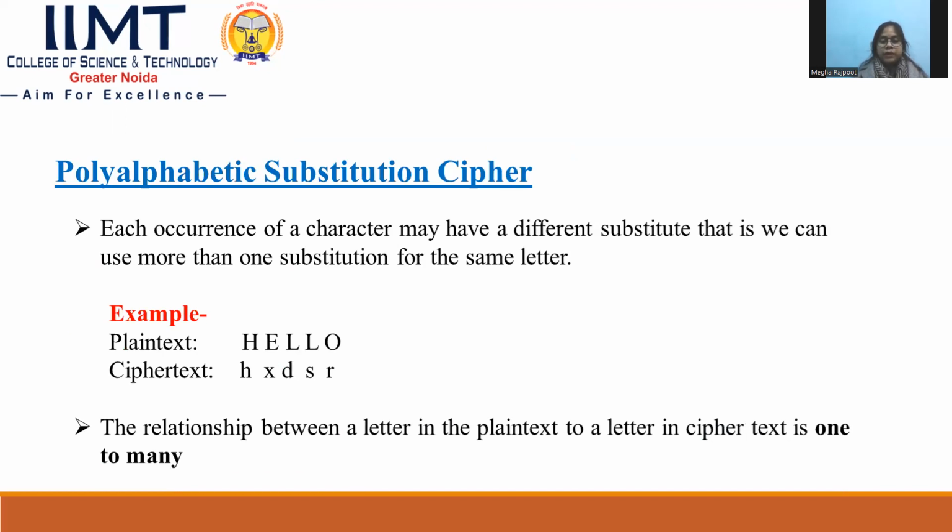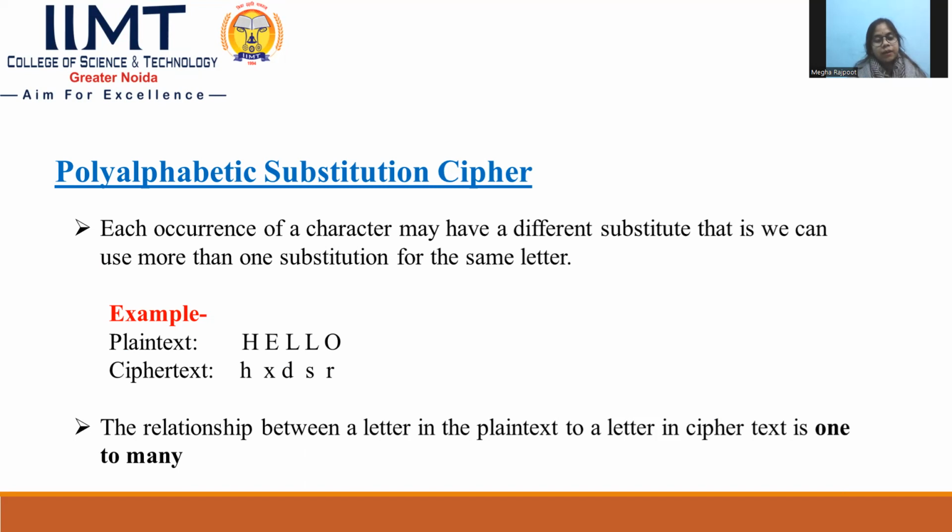In polyalphabetic substitution cipher, each occurrence of a character may have a different substitute. That is, we can use more than one substitution for the same letter. So in the polyalphabetic substitution cipher, the mapping between the plaintext and ciphertext is one-to-many. Suppose we have the example